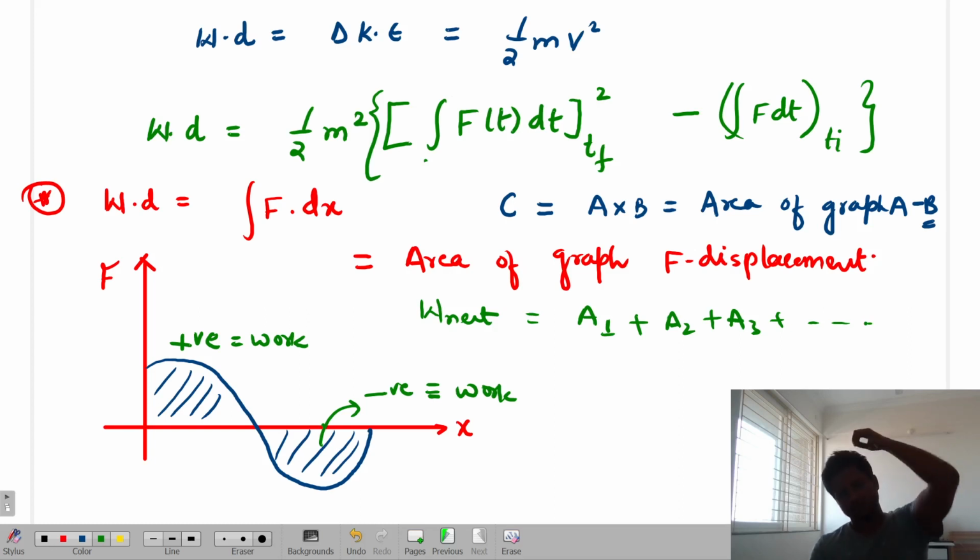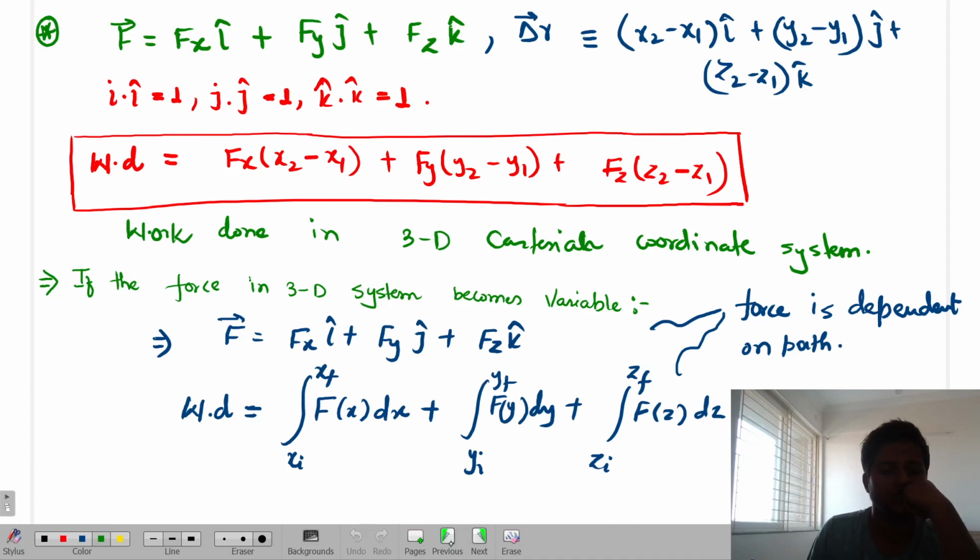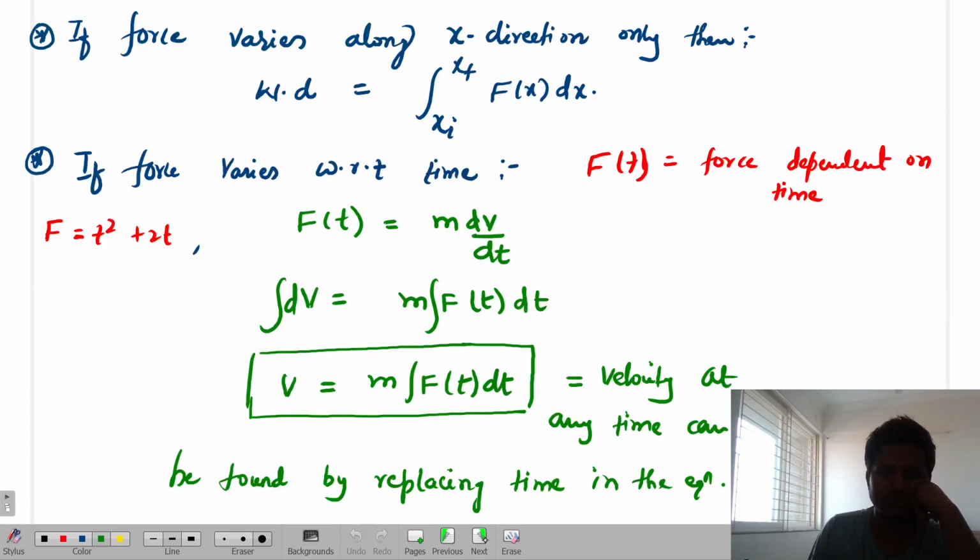Minus area of negative, that's all. So work net becomes whatever it will come. Is that clear? Understood? So these are all the basic fundamental properties of work done. ठीक है, तो अब इसके ऊपर थोड़ा सा